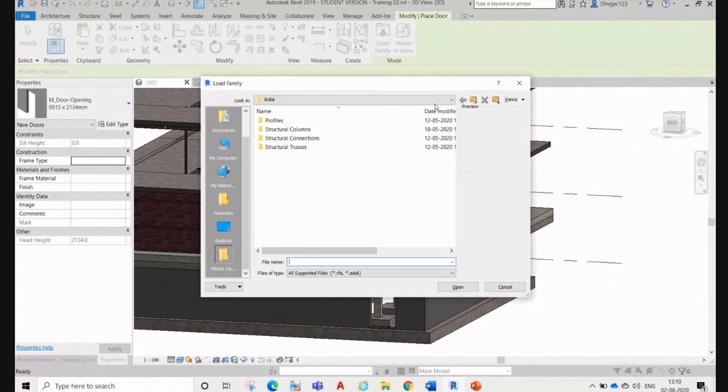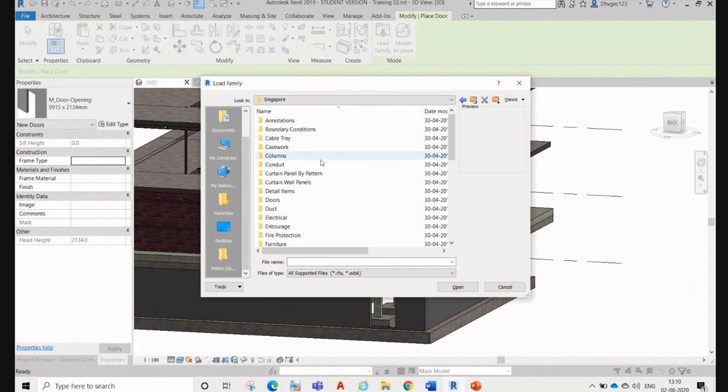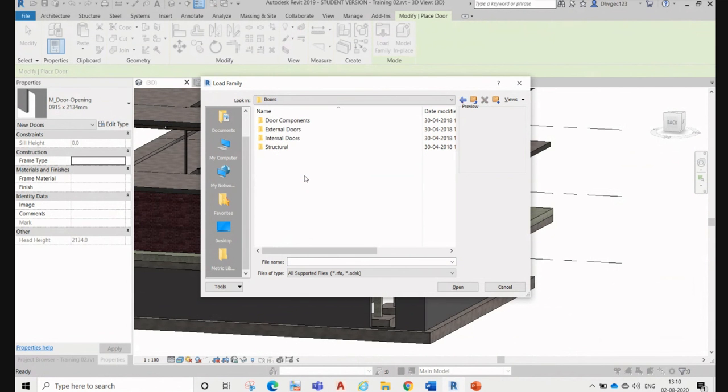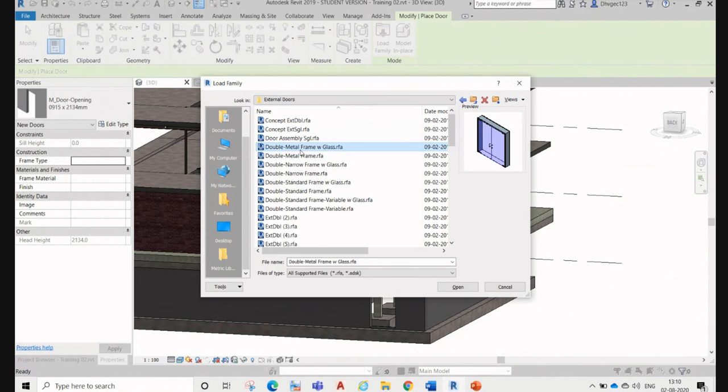Go to the architecture folder. Here, door: interior door, external door. Just try to select this type of door. Suppose this door we want.